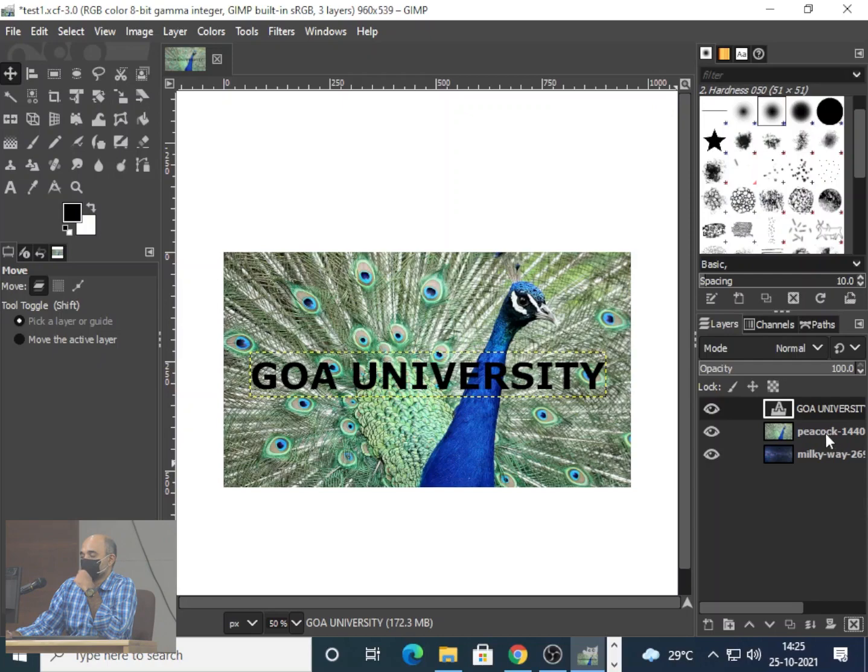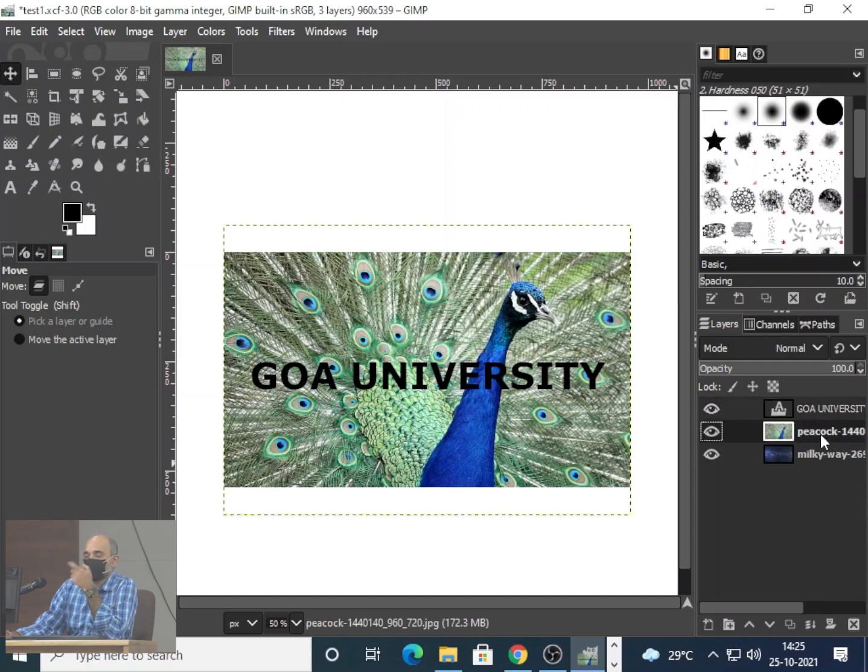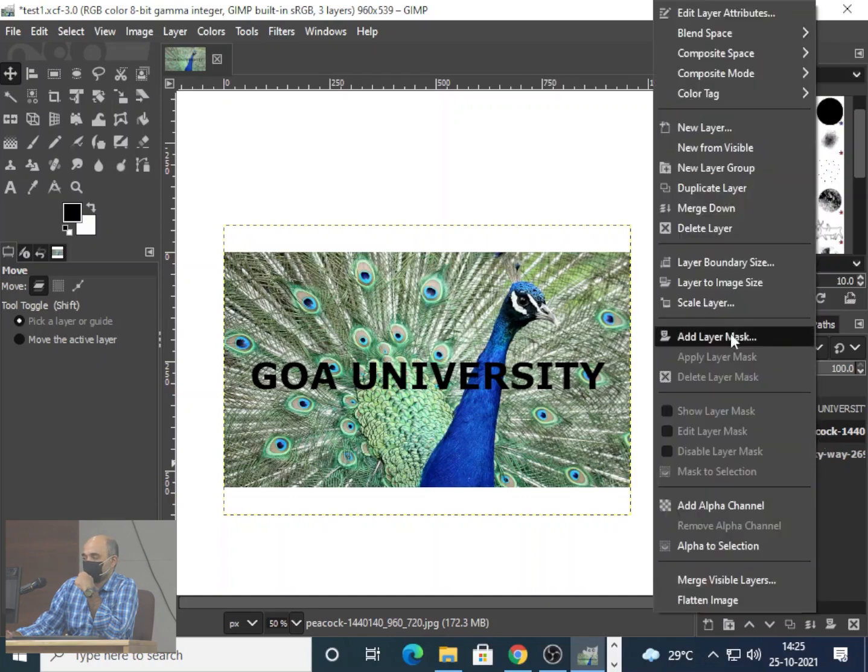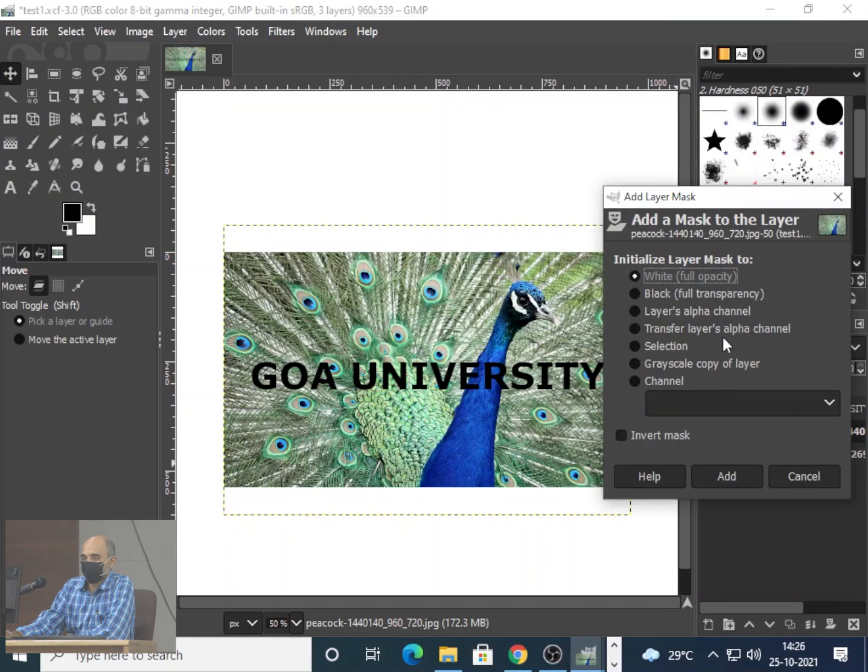Fine. Next, what I have to do is click on the peacock layer. In my case, it's the peacock. In your case, it's going to be something else. Right click on it and say add layer mask. Select the first option, white full opacity. Say add.